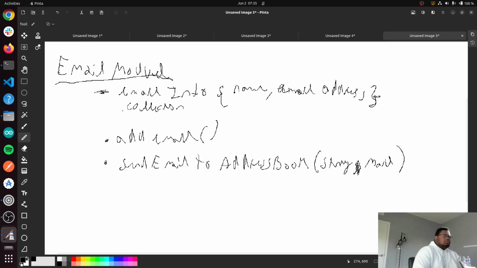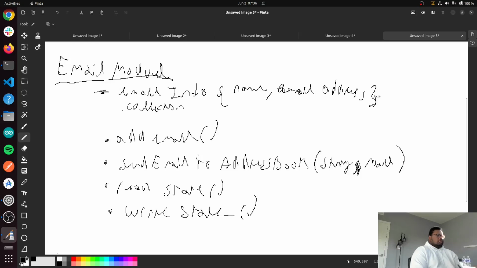Anyway, so this is essentially given some string with the message. It would just send it to each person inside this email info. And then of course we need the read and write state, because this email information we need to write to the disk and then read it so it doesn't get lost in the digital ether,